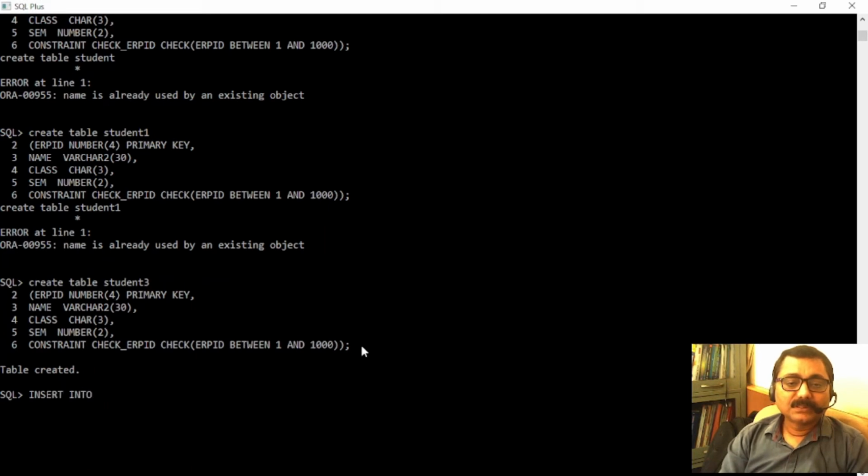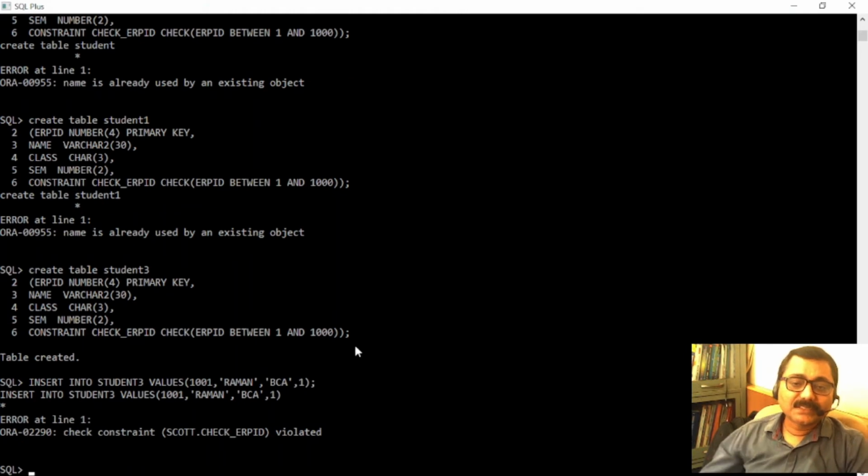Insert into student 3, values inside bracket will have ERP ID. I'm taking 1001. Let's see what happens. Then name I'm taking Raman. Then class I'm taking CA. Then semester I'm taking 1 and trying to enter.